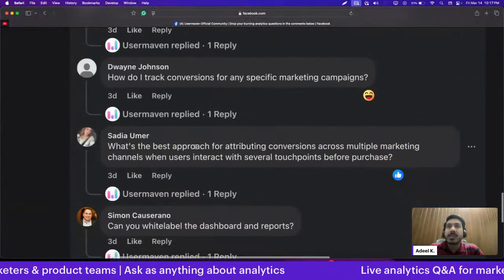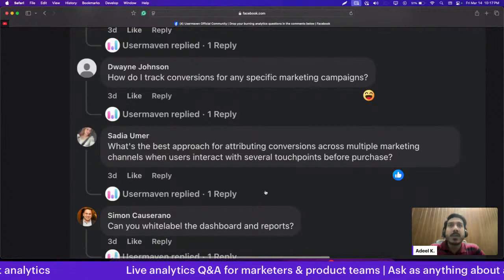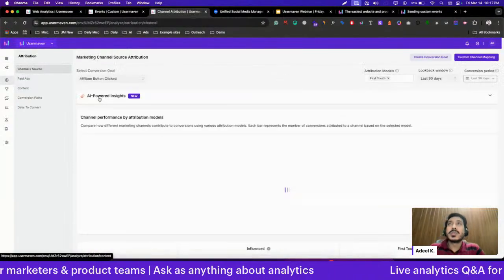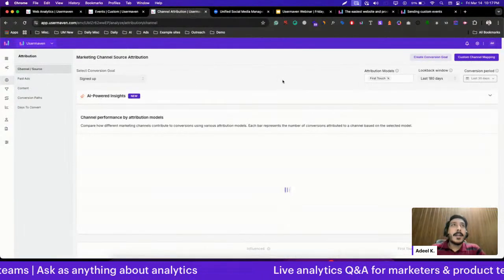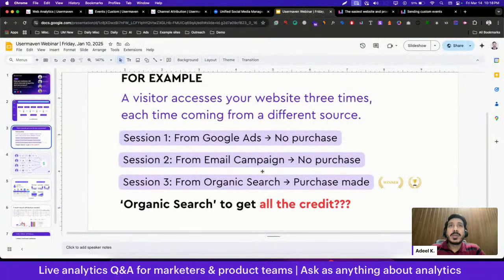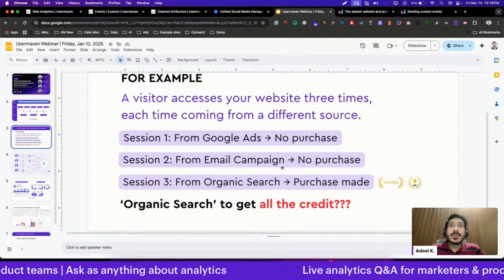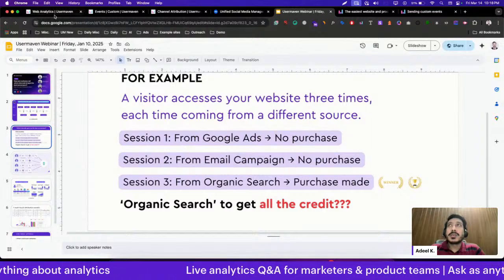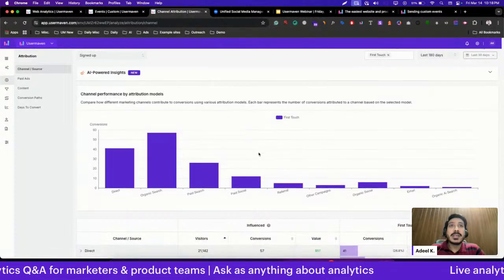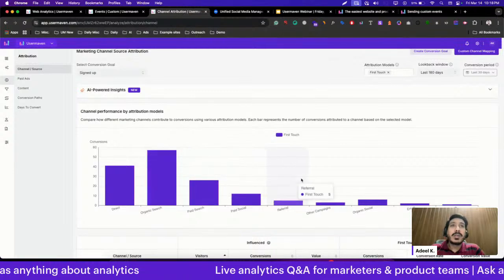Right. Next question is, what's the best approach for attributing conversions across multiple marketing channels when users interact with several touch points? Another question relevant to attribution. So again, if you want to see the impact of different channels, like the one we discussed in this example, that a person is going through different sessions and channels before actually buying your service or product that you're offering. So you need to put all the channels in consideration, so you are making the right decision and investing in the right channels. So this is the bird's eye view, where you get to see all the channels giving